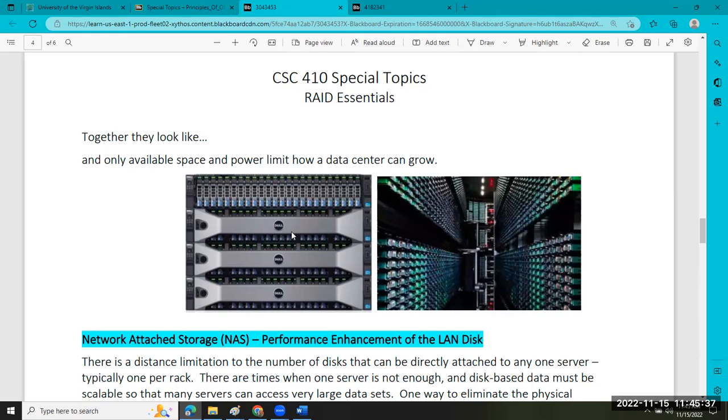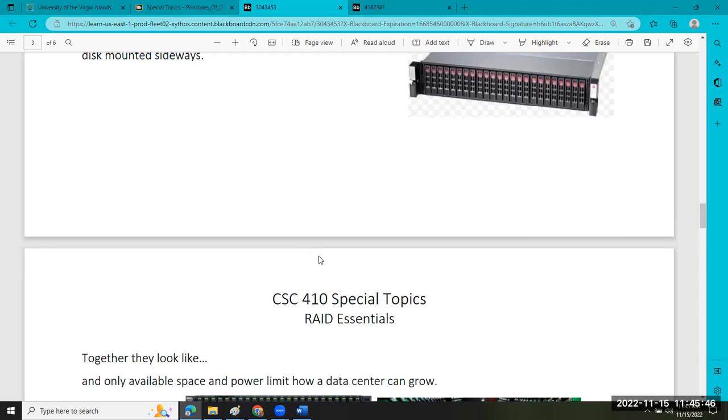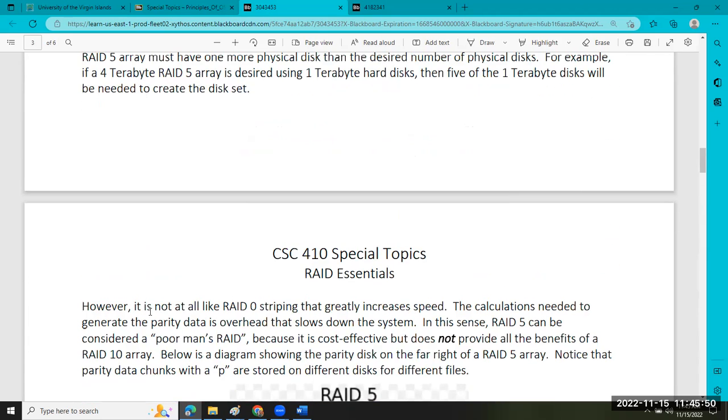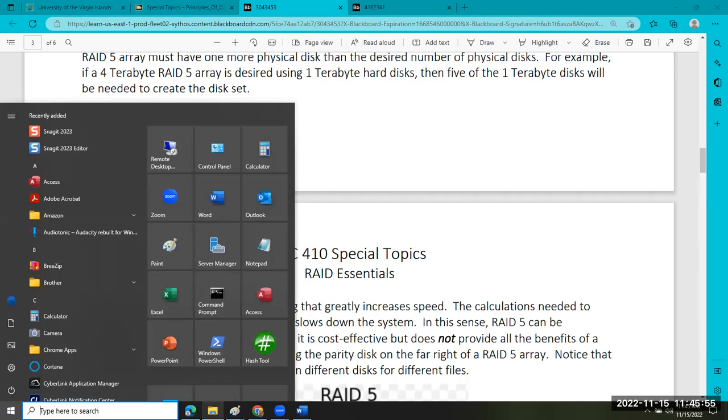The servers don't know any different. They just think that they're still connected to the same hard disk. So this is incredibly powerful, but also very expensive technology. So you can go from very simple things. Now, one aspect, I'm not sure I ever shared this with you,